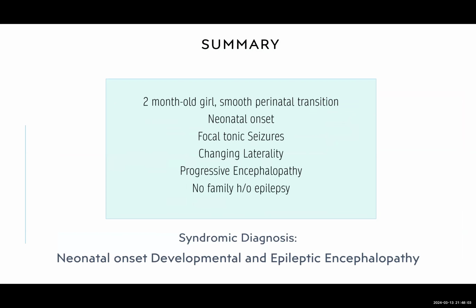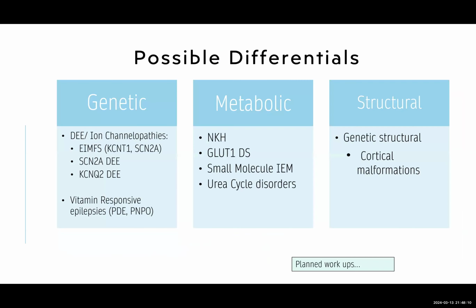So our syndromic diagnosis was neonatal onset developmental and epileptic encephalopathy. We considered the differentials of developmental epileptic encephalopathy with ion channelopathies, with higher chances of epilepsy of infancy with migratory focal seizures, SCN2A and KCNQ2 developmental epileptic encephalopathy. These were considered in view of focal seizures with relatively well baby at the onset with change in laterality of